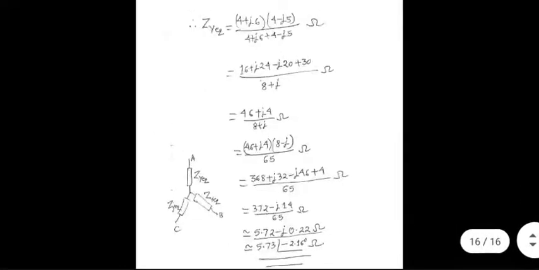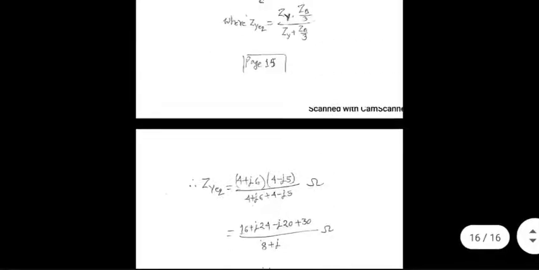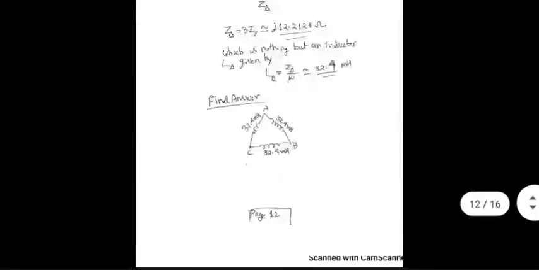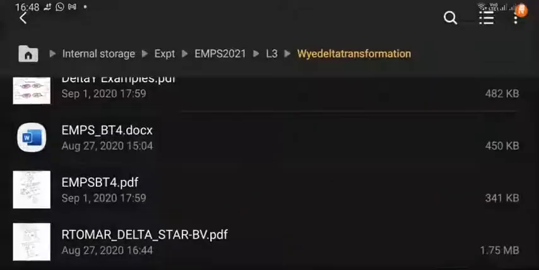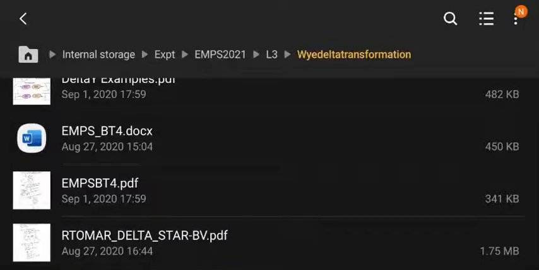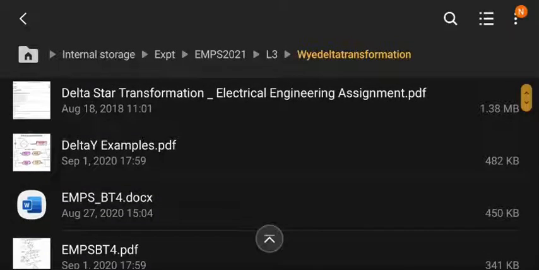Oh, boy. What a life. I'm hoping there is no mistake in my calculations. But anyway, I'm trying to give you a flavor of what is involved. Detailed calculations, of course, take time. Okay, so this is what we should know about delta star load interconversion issues. Maybe one more document in the same direction would be helpful. Let me see. Yeah, one simple numerical problem based on this.